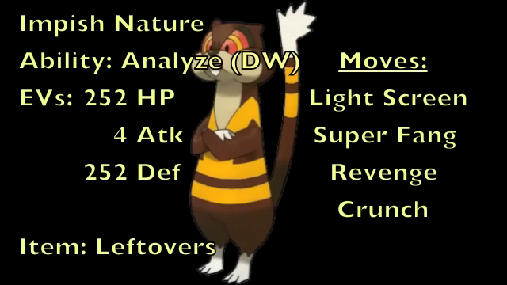your opponent. As for the EV spread, we're going to be putting 252 HP EVs so that it has max HP, and then putting 252 defense EVs into its physical defense so that it has max physical defense plus the Impish Nature boost, and then 4 EVs for attack so that you get 1 more attack point. And again, like in the previous set, we're going to be utilizing Leftovers to heal up HP at the end of every turn. As for the moveset this time, we're going to be running Light Screen so that it makes